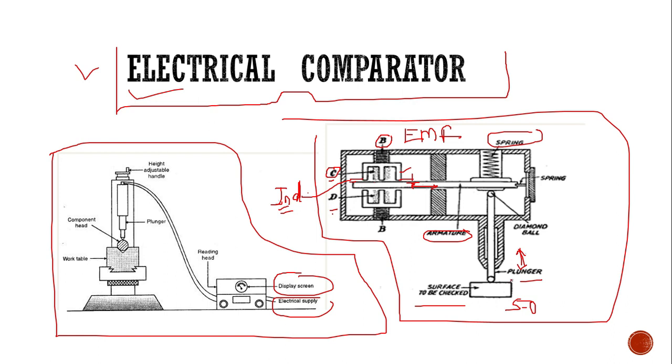So every time there is an upward movement, the inductance value on one side will increase. If there is a downward movement, this gap will reduce, and the inductance value will increase on the downward side. So in this way, the dimension can be compared, that is, what the variation is. These inductance values will be captured, and as they are already compared with the standards, from this inductance value we get to know the values in mm.